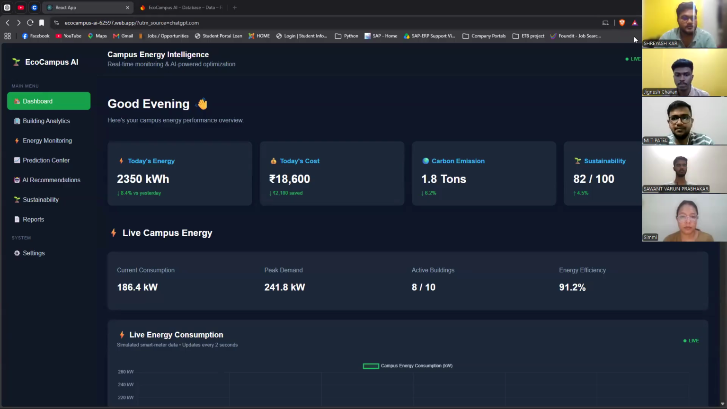Hello everyone. Today I'm presenting our new project. This project is basically about EcoCampus AI. The name of the project is EcoCampus AI. This project is basically a campus energy intelligence and emerging technology-based solution designed to improve energy management and sustainability in